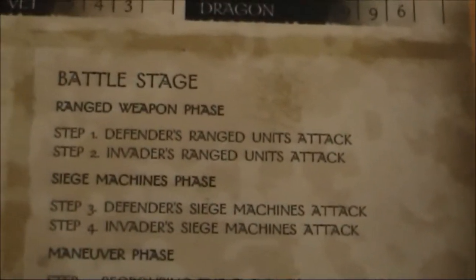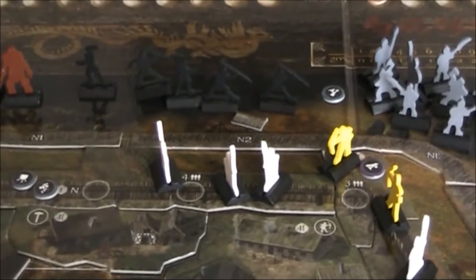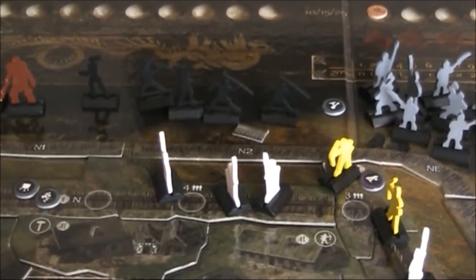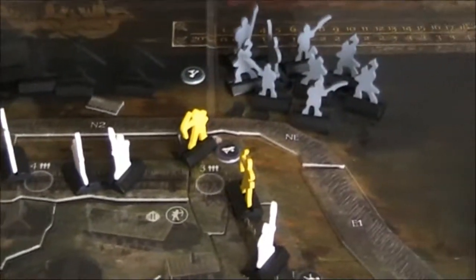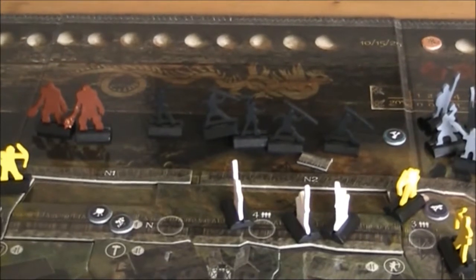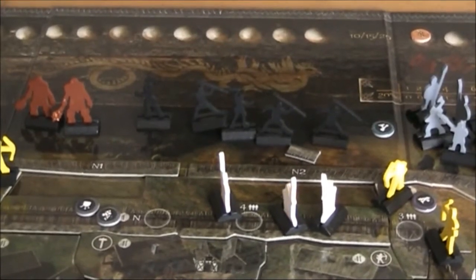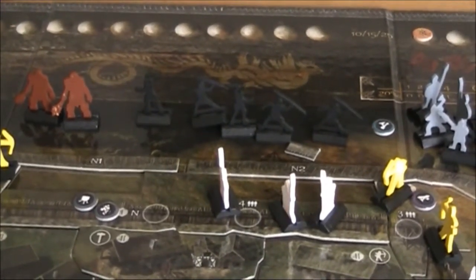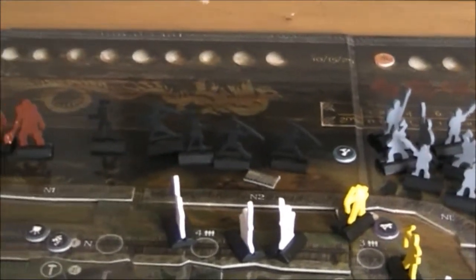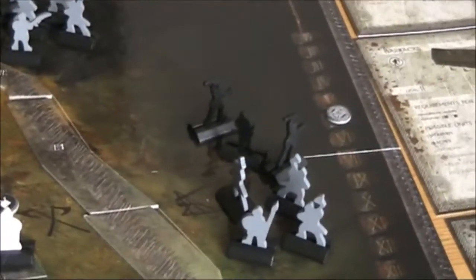Okay, stage 1. Step 1, defenders, ranged units, attack. The cover gives 2 endurance, so the first 2 would be neutralized, and those 2 can kill 2 of the slingers. And the slingers then will have ranged fire strength 3 left. This is a bit awkward, but I have to do it like this, I guess. There's 3. I could...